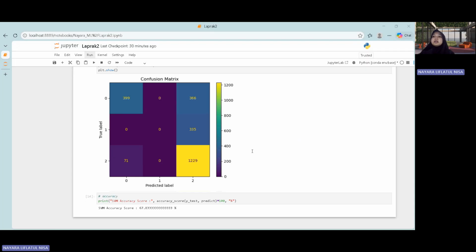accuracy. I calculate accuracy using accuracy_score. The results show that the model achieved an accuracy of 67 percent. This means the model is able to correctly classify most of the data, although there is still room for